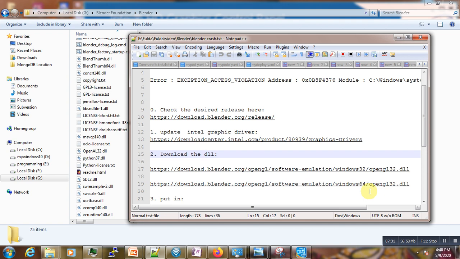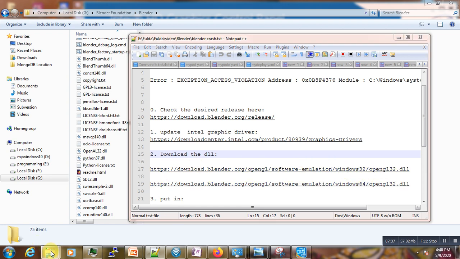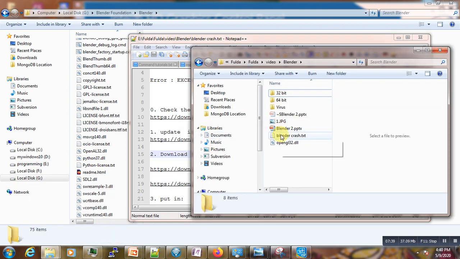I already downloaded it and put it here. By downloading, you will just say something like keep it or save it. Even if it says that it's dangerous, please just keep it and save it.